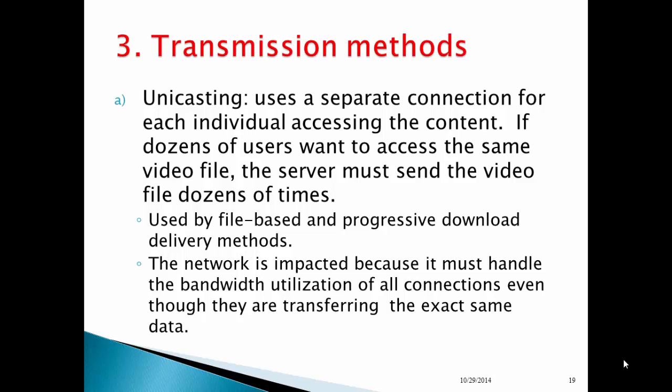Unicasting uses a separate connection for each individual accessing the content. If dozens of users want to access the same video file, the server must send the video file dozens of times. Used by file-based and progressive download delivery methods. However, the network is impacted because it must handle the bandwidth utilization of all connections, even though they are transferring